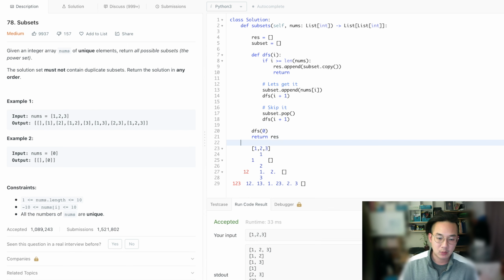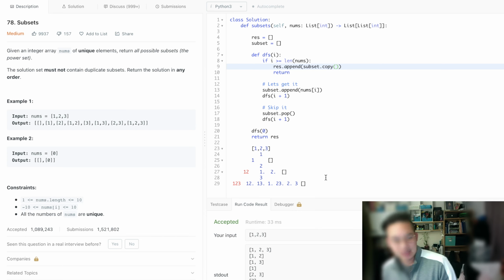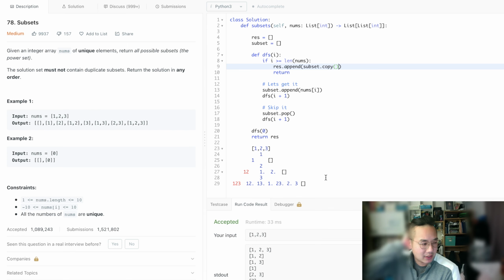And some of you might be wondering, why does this work, and what is the time complexity? The time complexity is 2 to the n, as you can see here. So 3 items, 2 to the n, so 8. And that's multiplied by the subset.copy, which will take O of n time. So n times 2 to the n. Okay, next problem. I don't see why it can't be done in O(1). It makes no sense to me. Anyways,